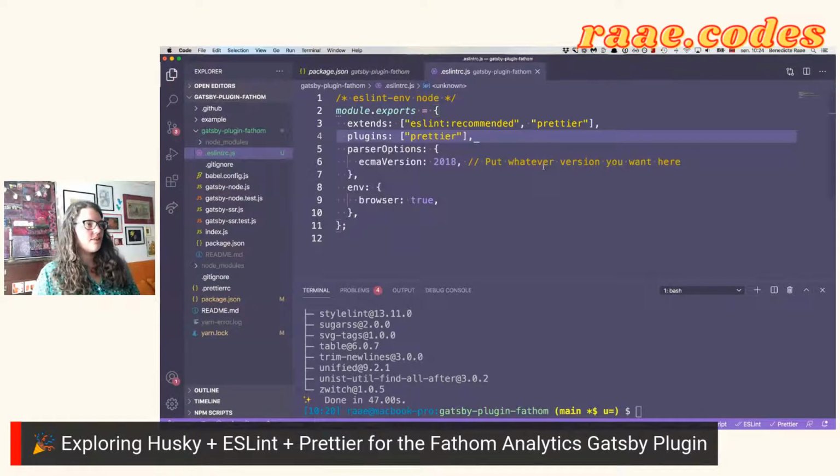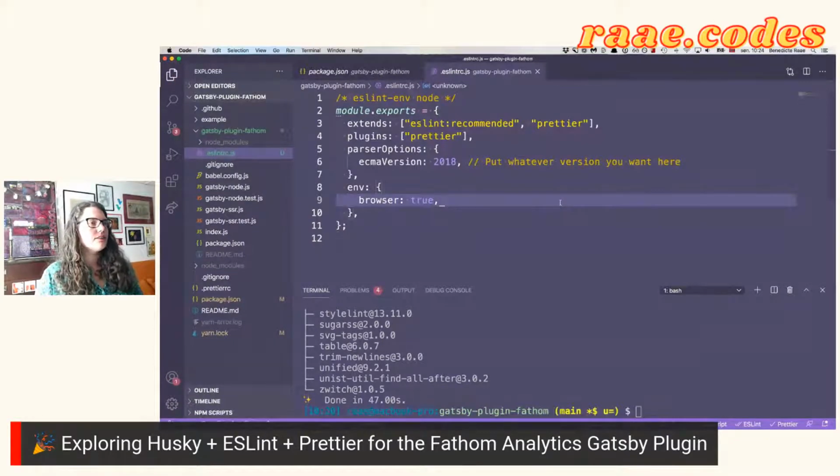And then let's save this. So as you can see, I already have on save, things will happen, formatting will be happening. Whatever version you want here, let's just do that. And then he says we will then use the ESLint recommended extension, and then we'll use Prettier with the Prettier